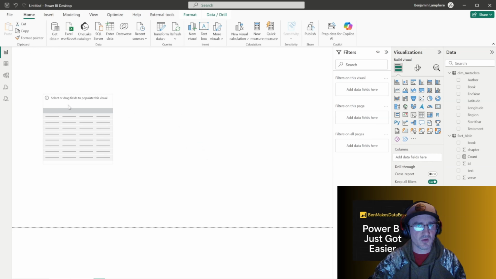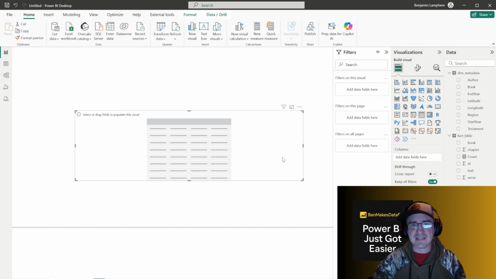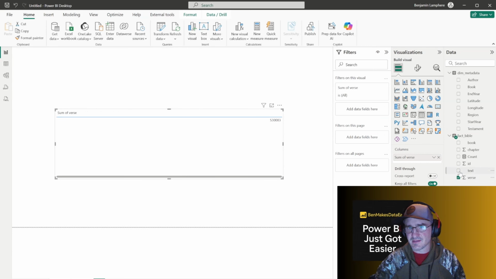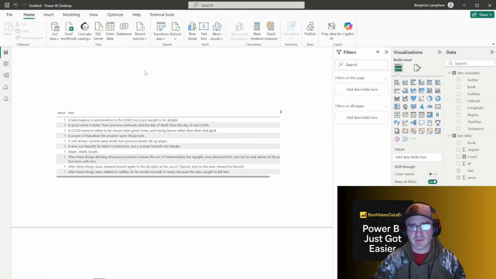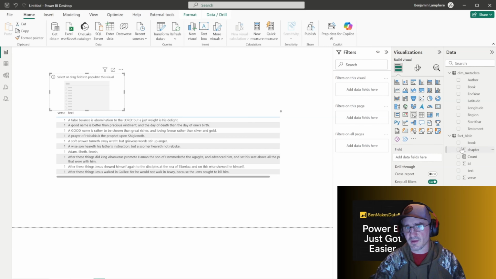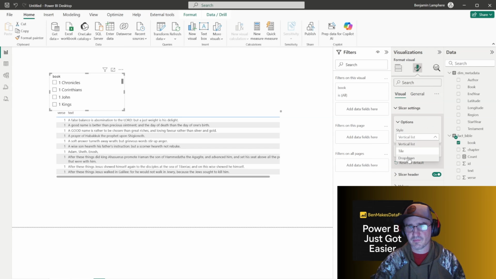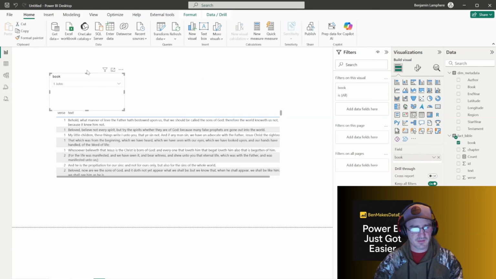I'm going to do a table here. So let's see. Let's make a reading tool that's easy to search. I think that would be kind of good. We'll do verse and text maybe here. We'll keep the verse as the number, not summarizing it. Then we can do like a quick filter with the book. We'll do slicer settings, drop down, and do First John. And then I can also do chapters here. So I'm just going to copy this, use it over here, switch this out to chapter, and we can pick